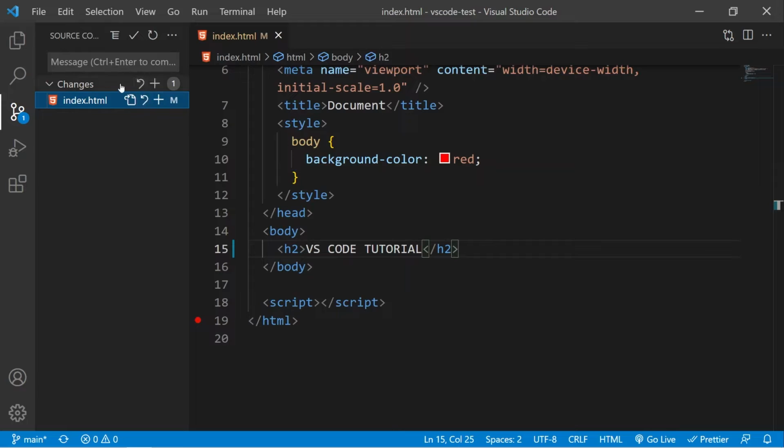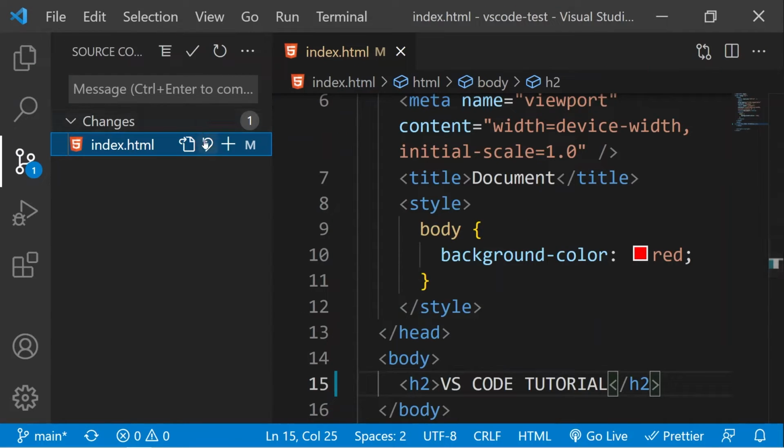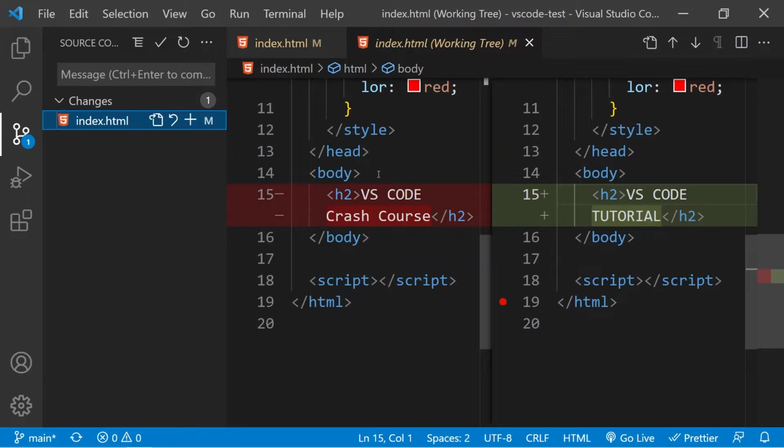So now you can click on any of these icons to do different things. Like we have this here to open the file. We already have it open, so we don't need to do that. We have this icon to discard changes. Let me zoom in a little. So we can discard the changes, that is, we can undo the changes using this icon. We can stage this change, that is, we can click this button to do the same thing that we do using git add. Then we can click on this M to see the change that we have created.